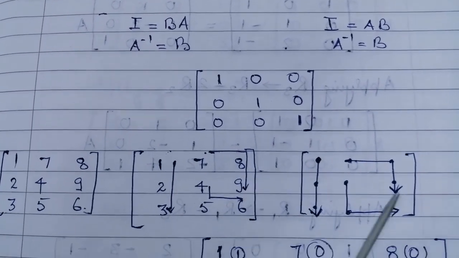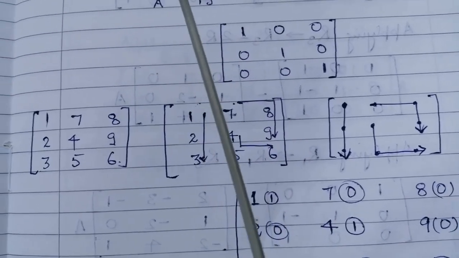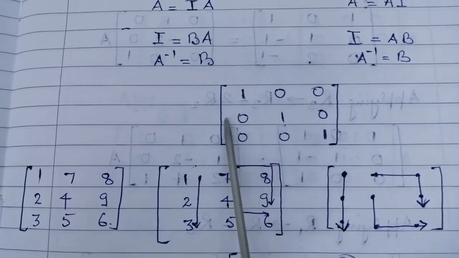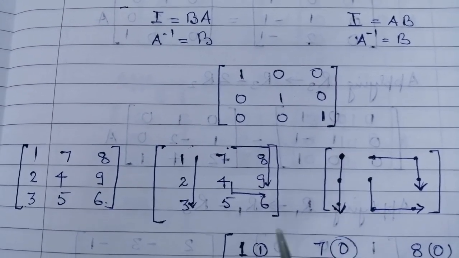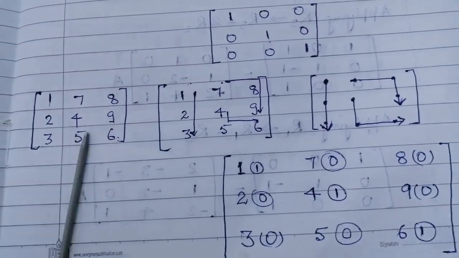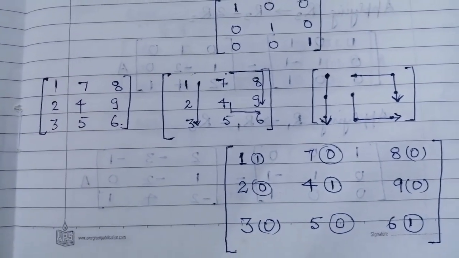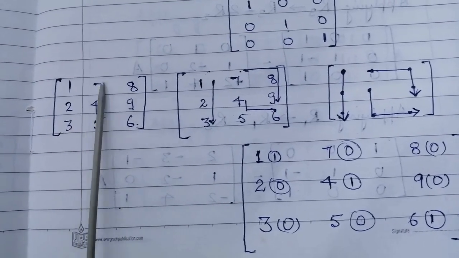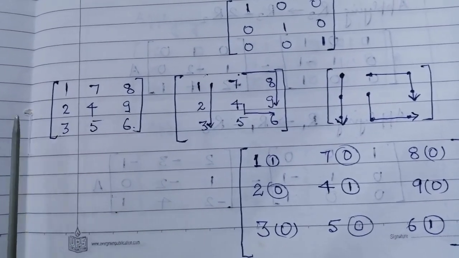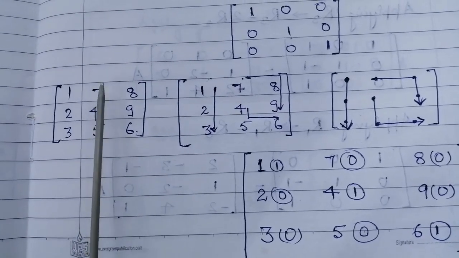Now please listen carefully. Here the matrix A which we are going to make an identity matrix should be of this form: 1 0 0, 0 1 0 and 0 0 1. So I am giving a very simple method. First of all, I have written here 1 2 3 4 5 6 7 8 9. I repeat, 1 2 3 4 5 6 and then 7 8 9.